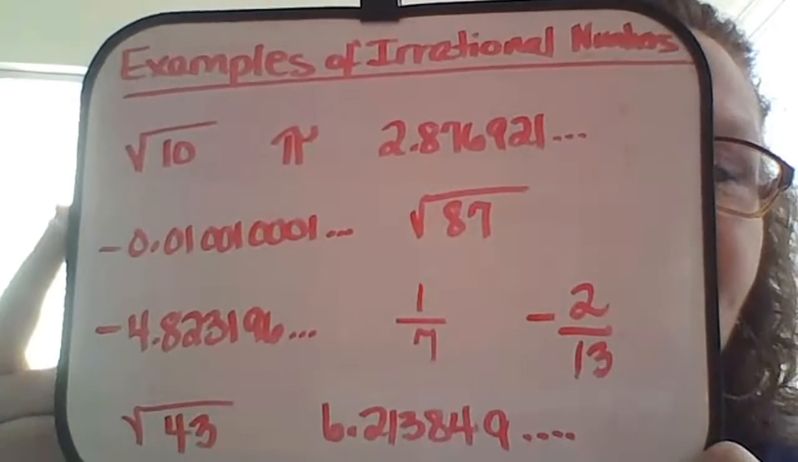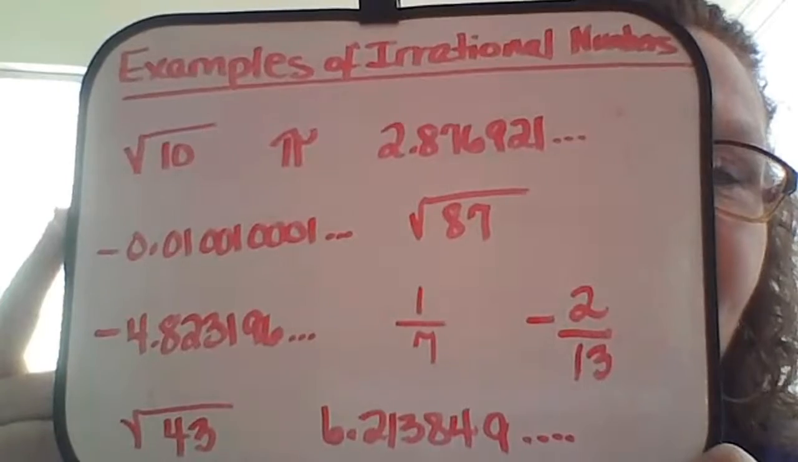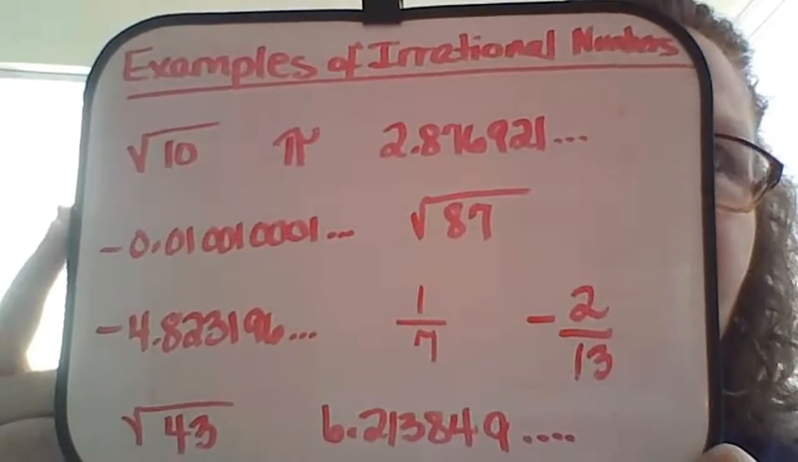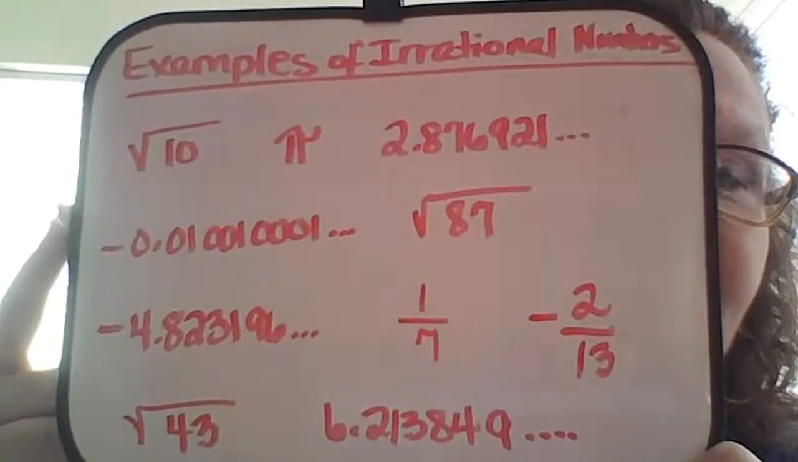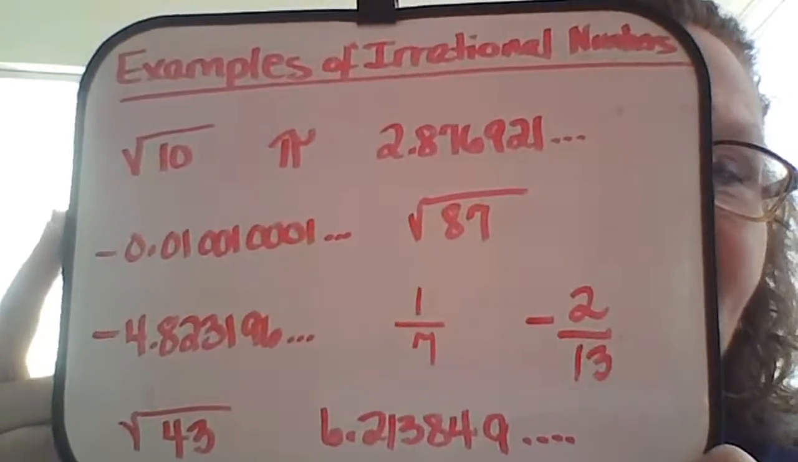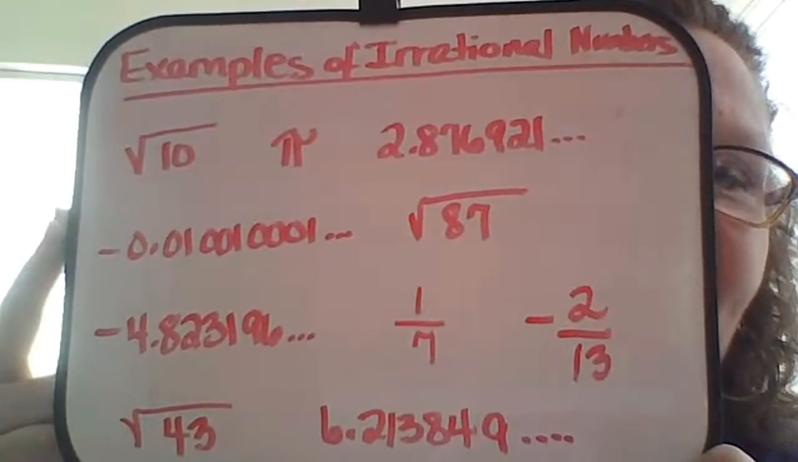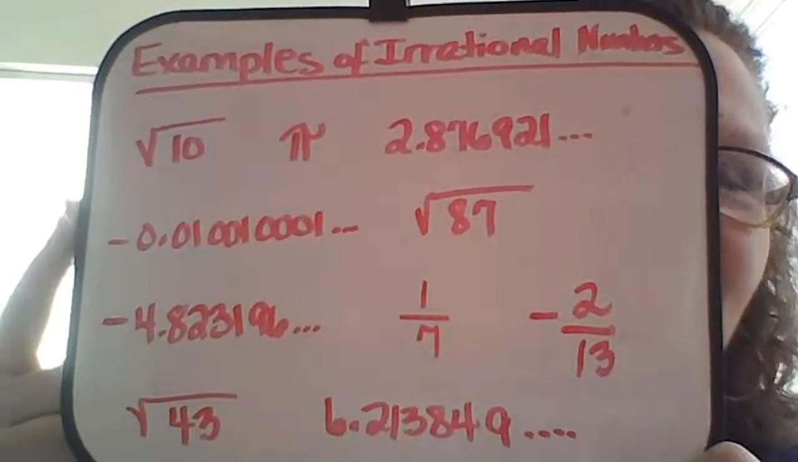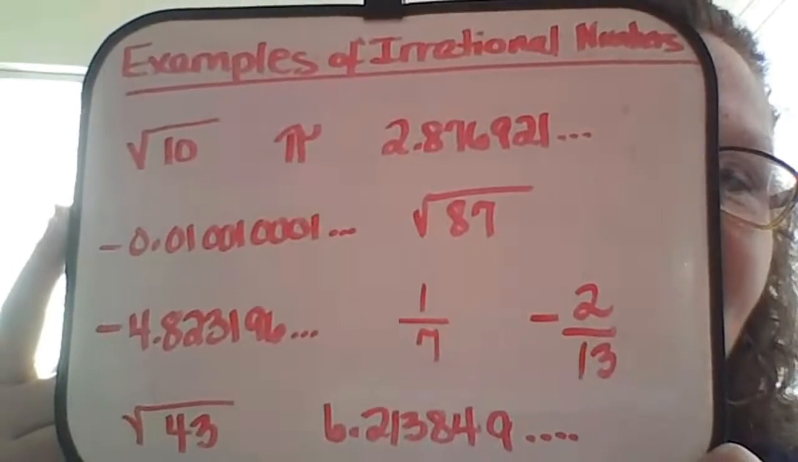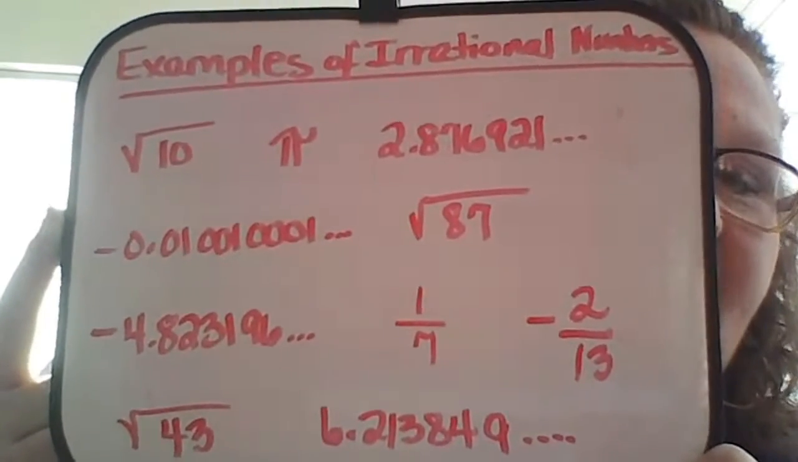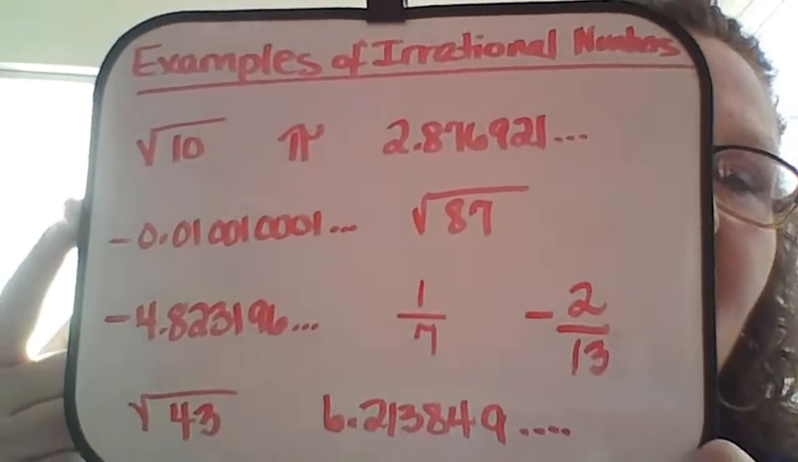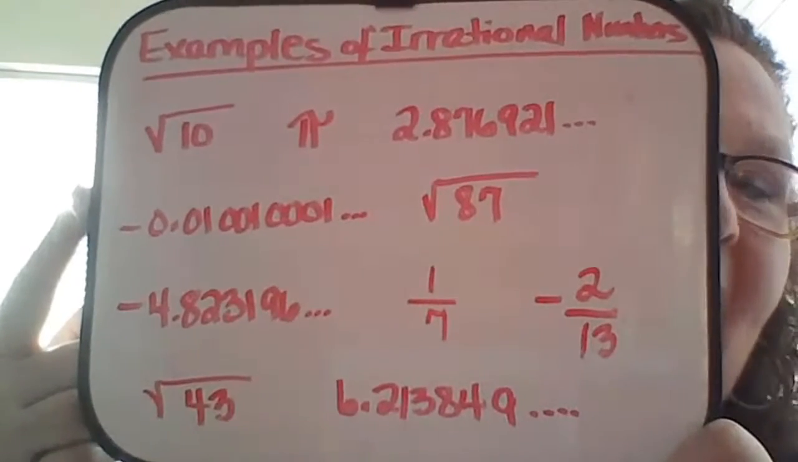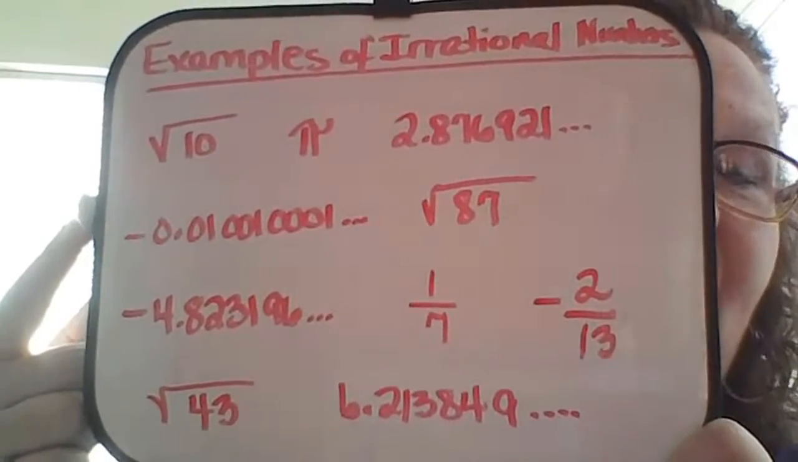Negative 0.010010001... This goes on forever because of the 3 dots, but it doesn't repeat the same numbers over and over again. It may look to you like it is, but what it's doing is adding an extra 0 each time, and that's not the same number being repeated. So that's irrational. The square root of 87, I don't know the exact numbers because I don't have them memorized,